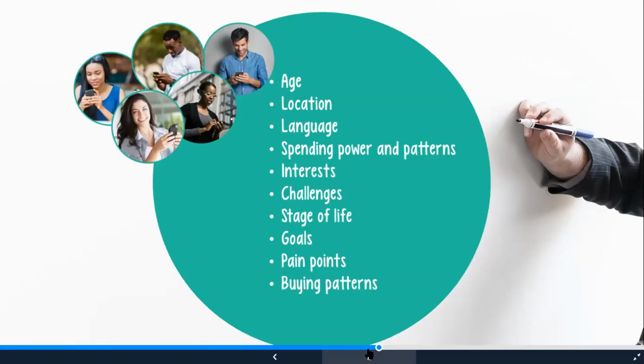For example, age, location, where the person works or lives, language, spending power and patterns, interests, challenges that they might face, the stage of life, the goals that they have, pain points that they experience, and their buying patterns.